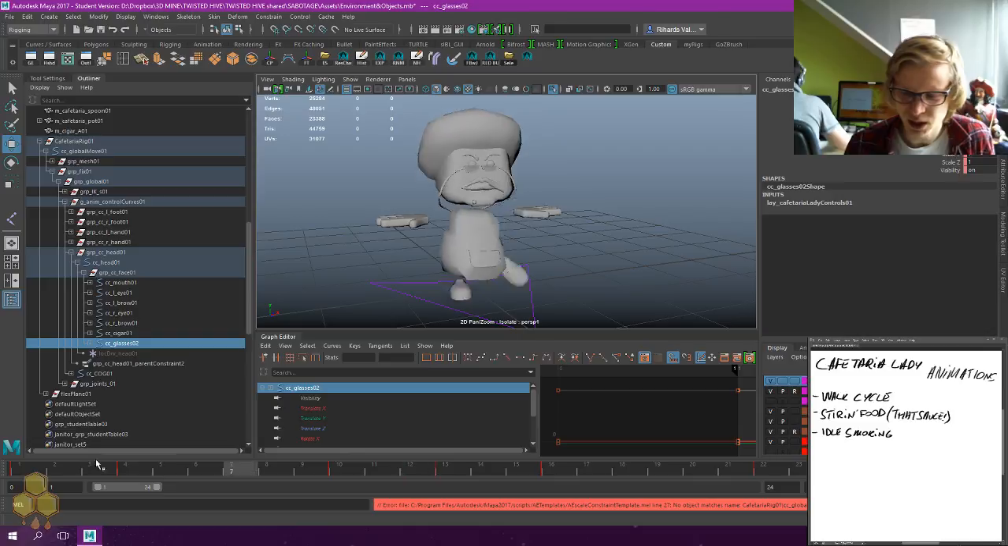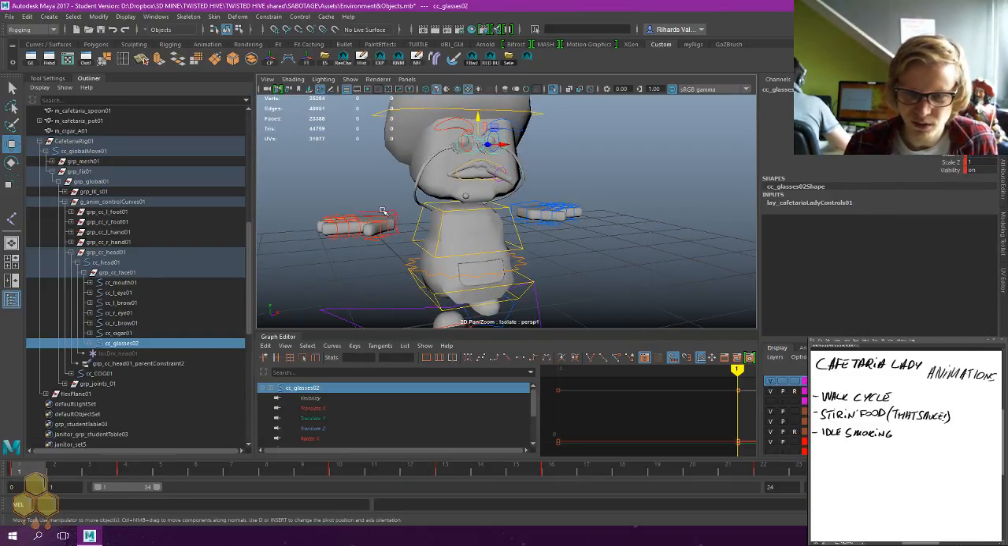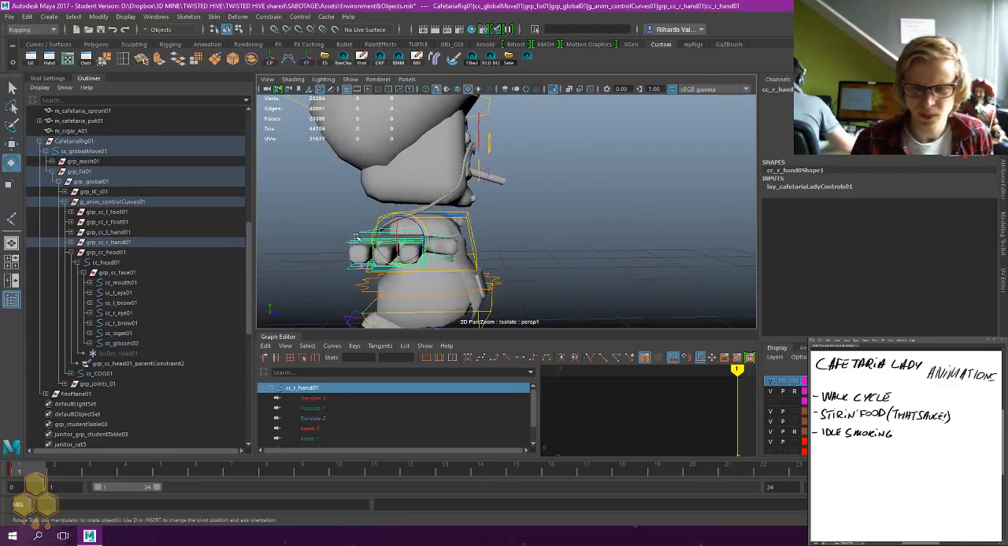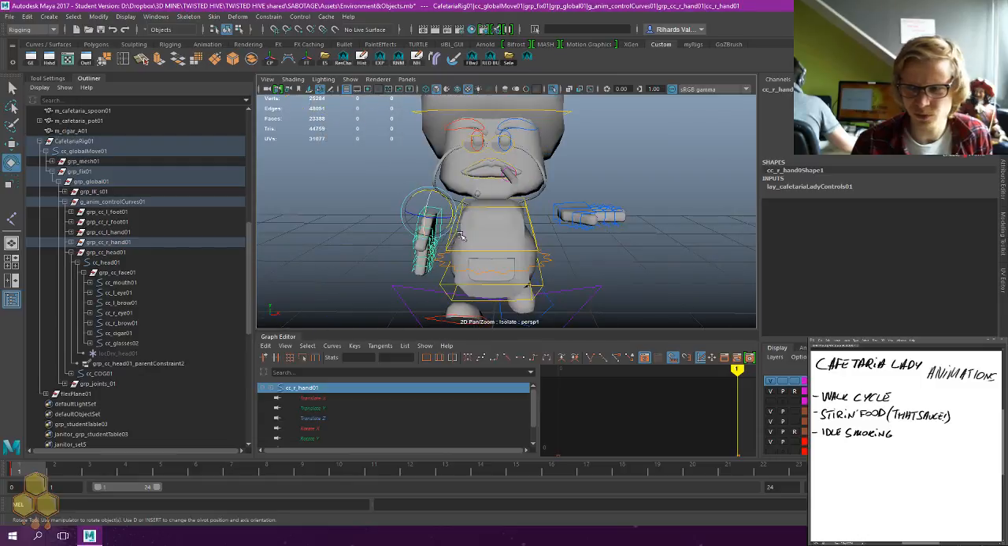And now just the hands. Now just the hands are left. So first things first, the contact pose. I don't want her arms to swivel a lot or to do some weird movements. So I'm just going to